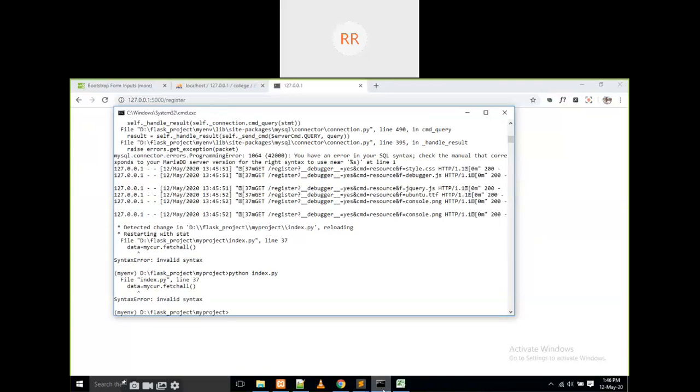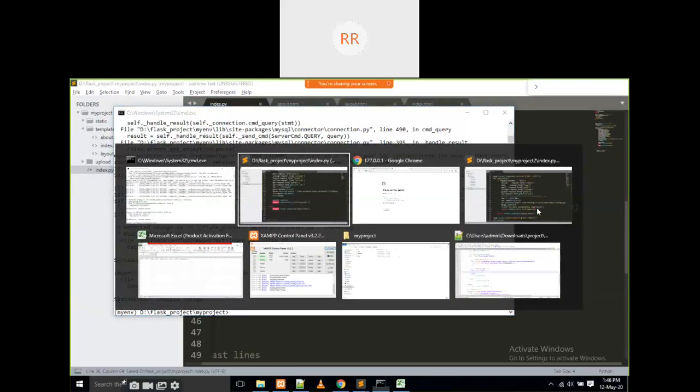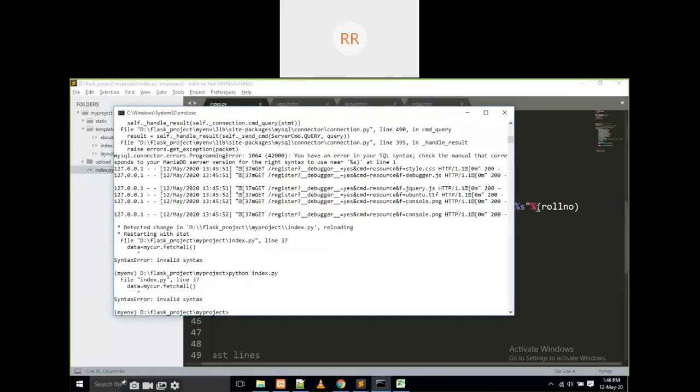Where is the error? Error is not there, I think. Python index.py.